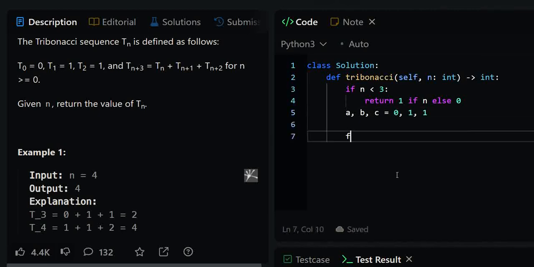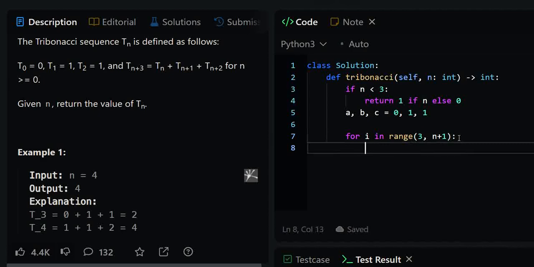And after this we are going to run a loop for i in a range from 3 to n plus 1, because till 2 we do have values. So from 3 onwards we will be running this loop to n plus 1, where plus 1 will be excluded because we know range function will take only n values, it won't take plus 1.